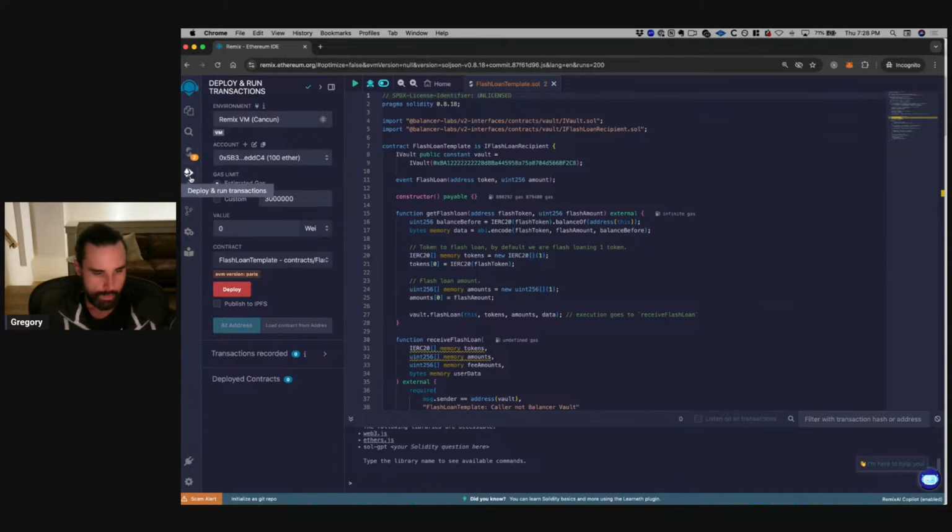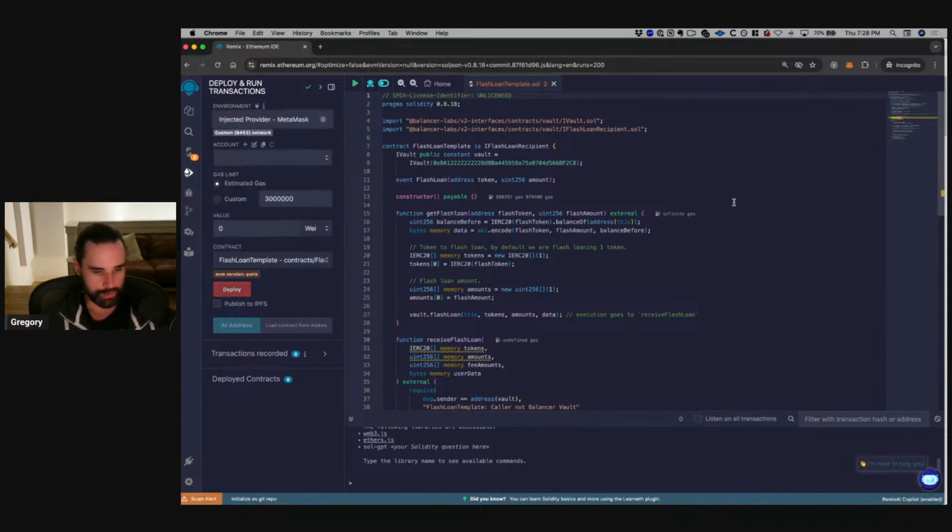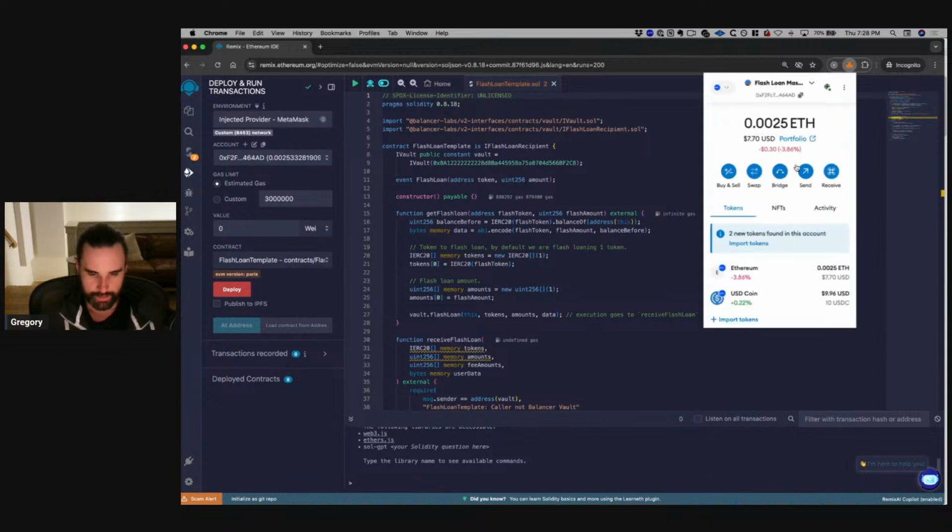Okay. So now we're going to deploy the flash loan to the actual live blockchain on Base. So we're going to select our environment. This is the Remix blockchain inside of here, so that's if you want to just test it out locally inside your browser. But what we want to do is actually select injected provider MetaMask. This is going to connect Remix to our MetaMask. And you can see that it's popped up my account here, 46480. You can see here, 46480, they match. You can see my Ether balance here. It's very low, but it's still in there. It's the exact same.